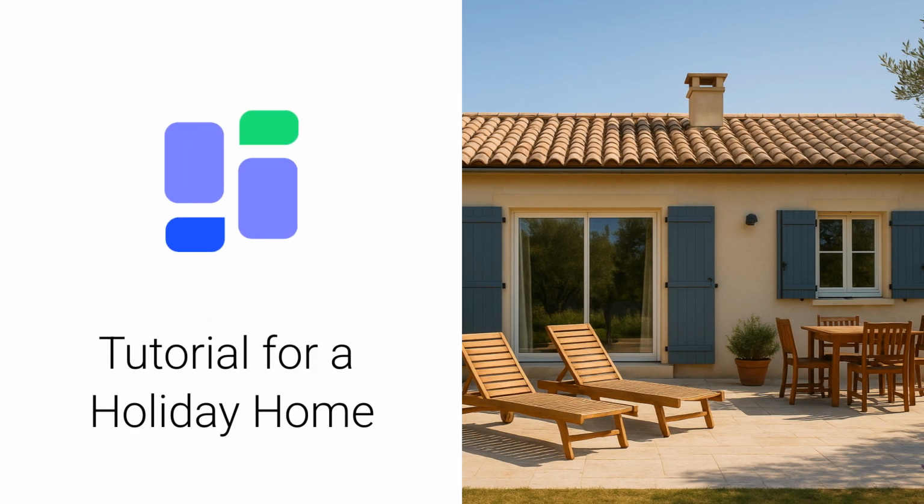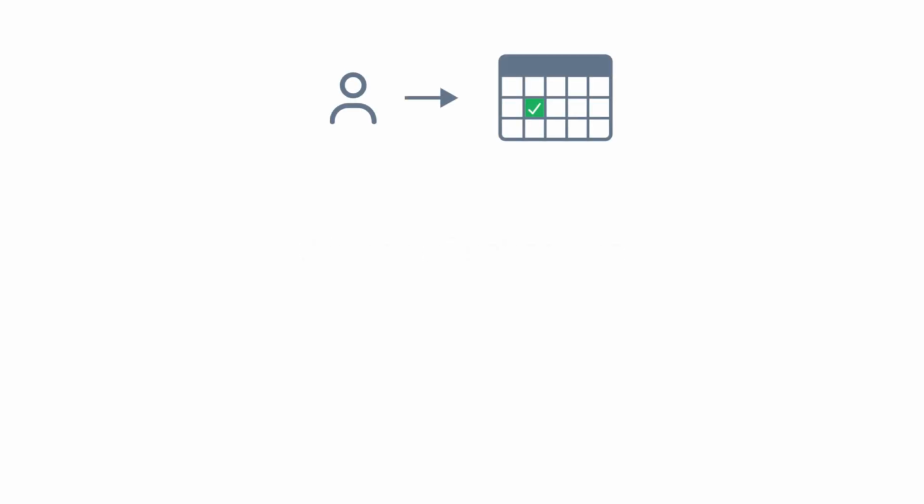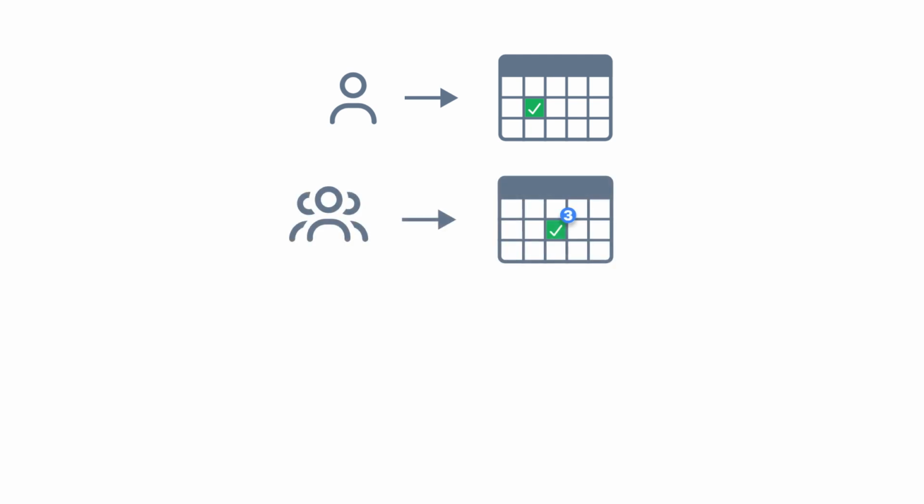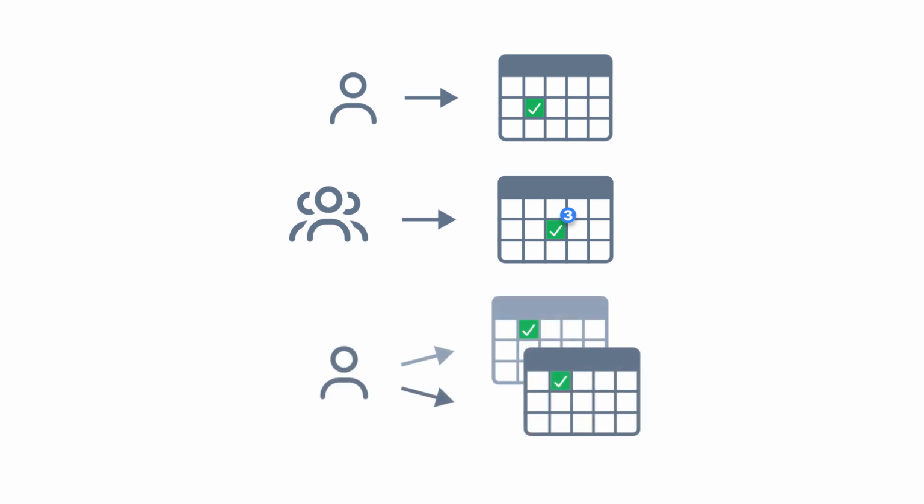In this video, we will show you how to create a schedule for renting out things or properties, such as a holiday home. SuperSAS offers 3 different types of schedules: a resource schedule for one-on-one appointments or things to rent, a capacity schedule for group lessons or events, and a service schedule for services that use multiple resources, such as a room and a person.